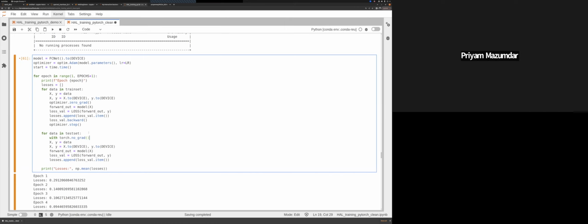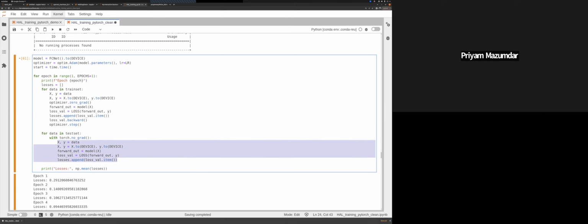torch.no_grad. Right, so this will make sure that every time we pass data through, we're not building the computation graph again from scratch. This way it'll skip all of that and reduce the computational complexity of actually inferencing on your data. And the last thing you would have to do is